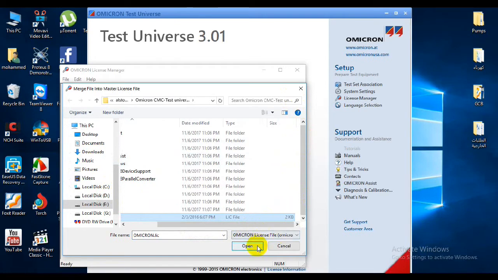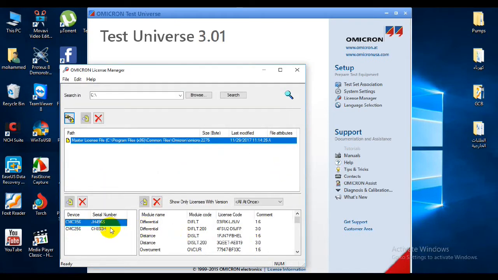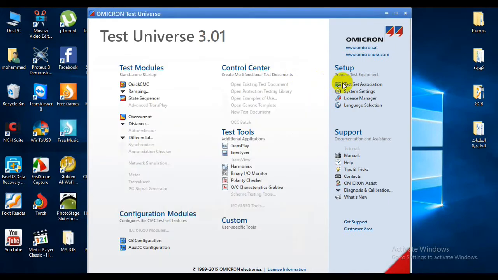So you can select that and open. See, now this is the CH893H, the serial number of my kit. So I should select that, and you can delete the other license key and have only your kit license file. Then you can close the license manager.